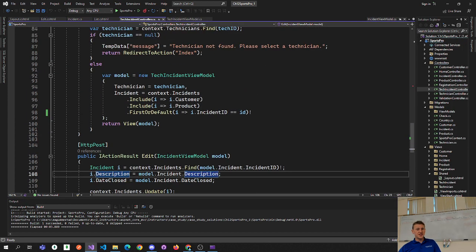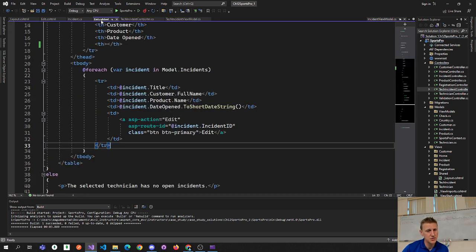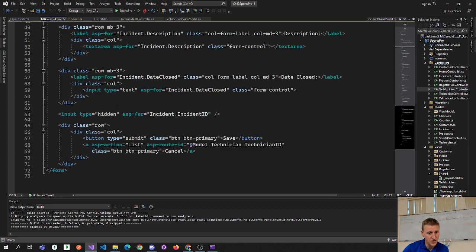Okay, so to finish this up, the last piece that we have is to edit. Sending into the edit is an incident view model. Now, if I go back to the edit view,